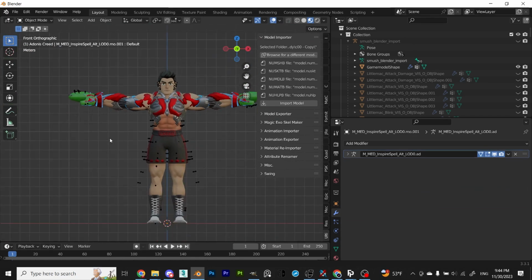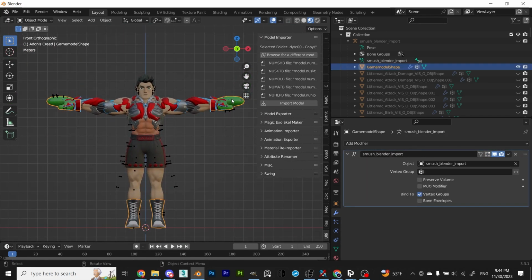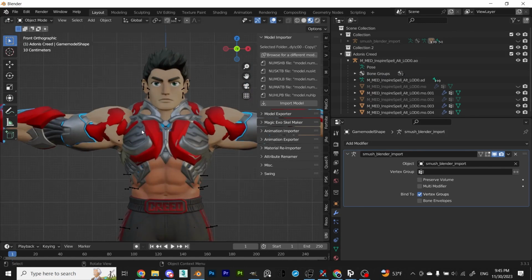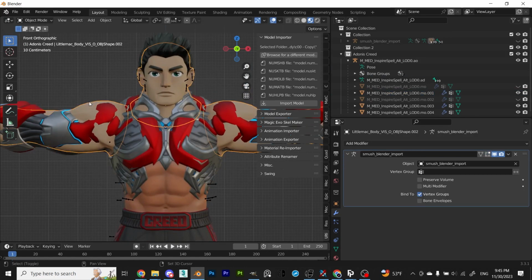Once you finish posing the model to your liking, edit any parts of the vanilla mesh that you want to keep and remove some unneeded parts, such as little Mac arms. In this case, I would also duplicate the model with Shift D plus D, just in case I need it later on.